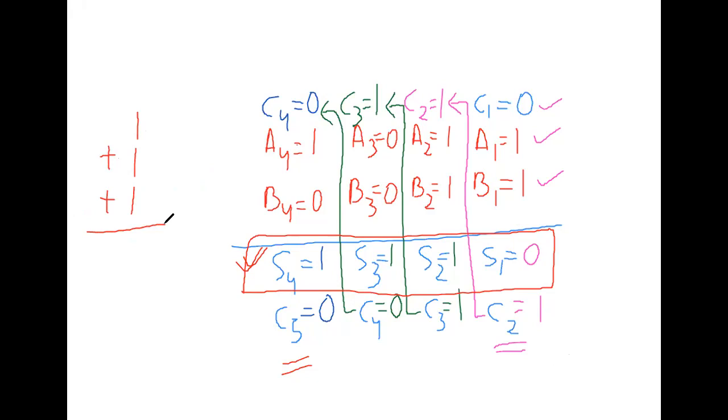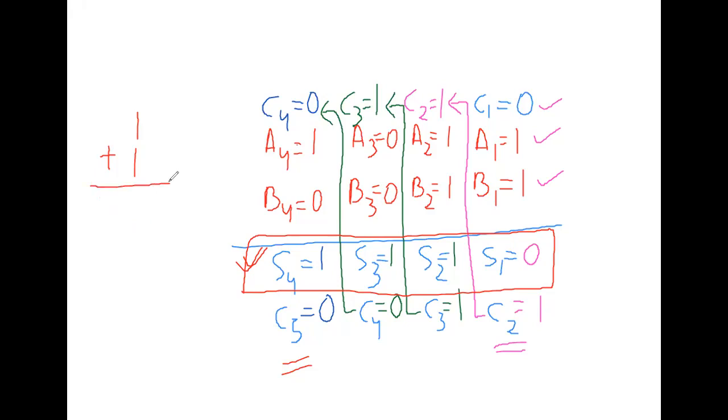If you want to remember this one, just remember it is 1 with carry 1. 1 plus 1 is 0 with carry 1, and 1 plus 1 plus 1 is 1 with carry 1. I'll tell you how. First of all, I will add two ones, then what will be my answer,